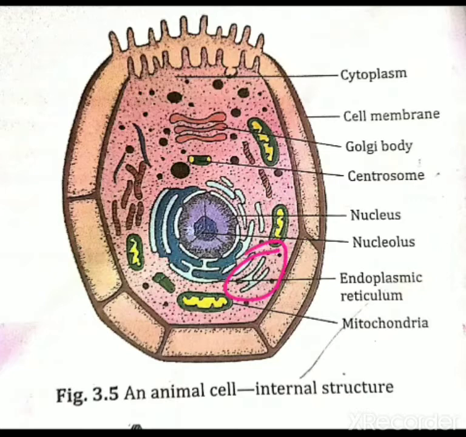Plasma membrane means your cell membrane only; this cell membrane is otherwise called the plasma membrane. So the endoplasmic reticulum links your plasma membrane and nuclear membrane. You can see. Then the mitochondria. Remember, mitochondria is the powerhouse of the cell. It consists of very tiny bodies of various shapes, and this is found in both plant cell and animal cell.